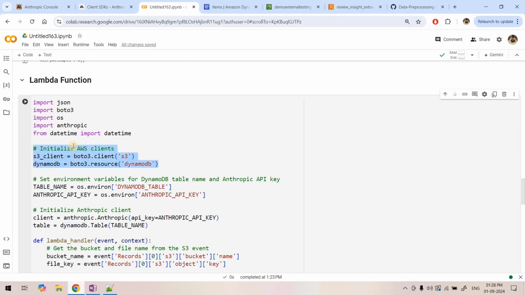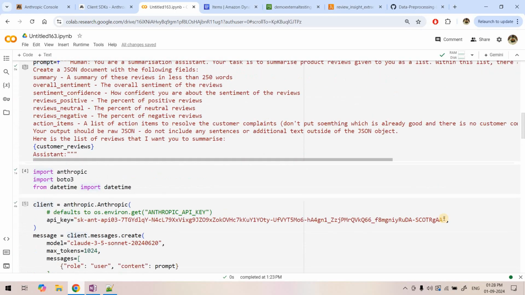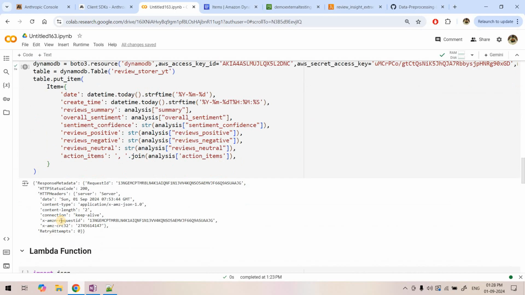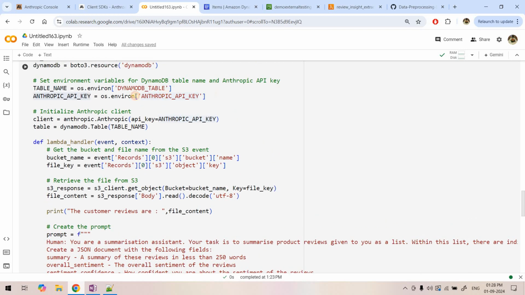So that's why I have created the two Boto3 clients here. Then the table name we are taking from a Lambda environment variable, which is the DynamoDB table in which it will be storing the insights. And the Anthropic API key, which we have hard coded here, that also we can take from a Lambda environment variable, or if you want to make it more secure, you can take it from Secrets Manager. Okay, right? Here we are creating the client for Anthropic, and the DynamoDB table we are referring to,